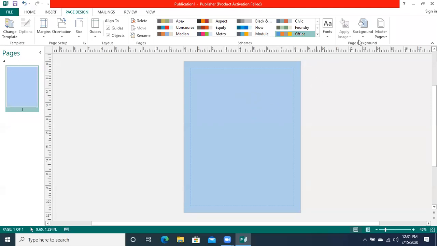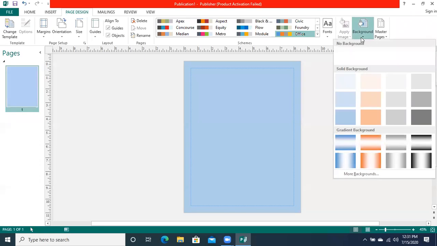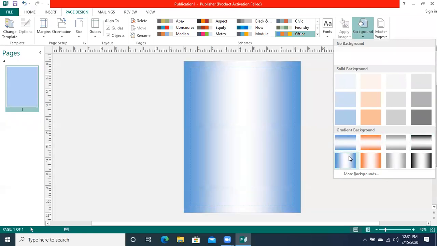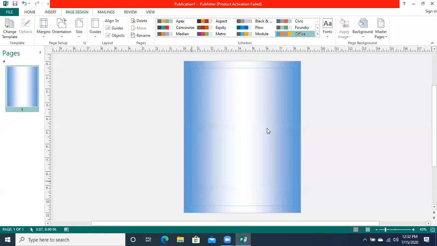Now if you think that this plain color background is not good, you can go to the different color options which have shades, just like a blue color background with white shades in between. You can see over here that the edges are light blue and in the center there is white color. So this background is giving you a lightning effect. This is basically a lightning effect design background that we are having over here.